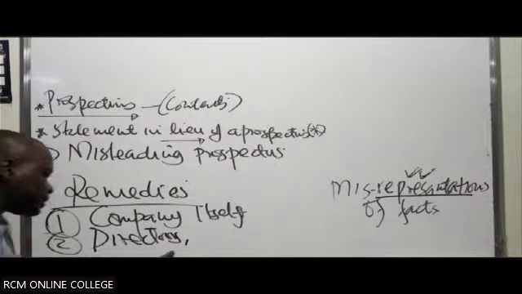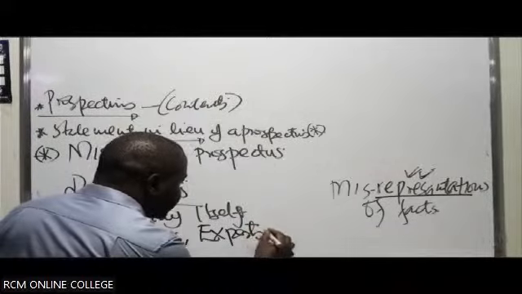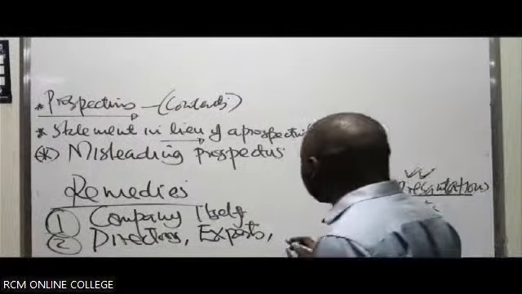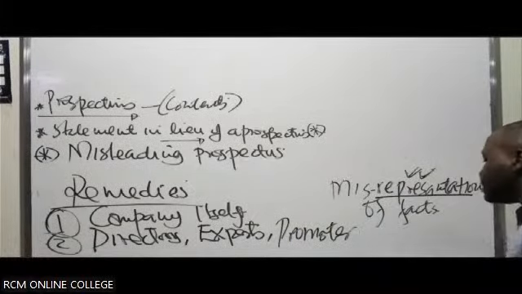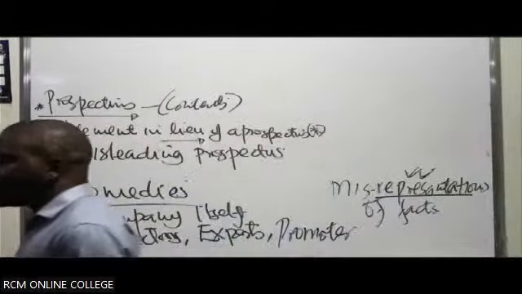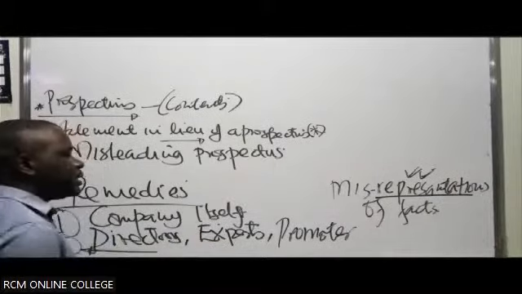Then apart from directors, we can have auditors or other experts. Let's assume this company was just being formed. The person who will be on top here will be the promoter. One of the duties of a promoter, if he is forming a public company, is that he'll be involved in the initial prospectus prepared by the company to invite people to buy the shares of that public company. So the parties who can be liable for a misleading prospectus can be directors, experts like auditors, and promoters.